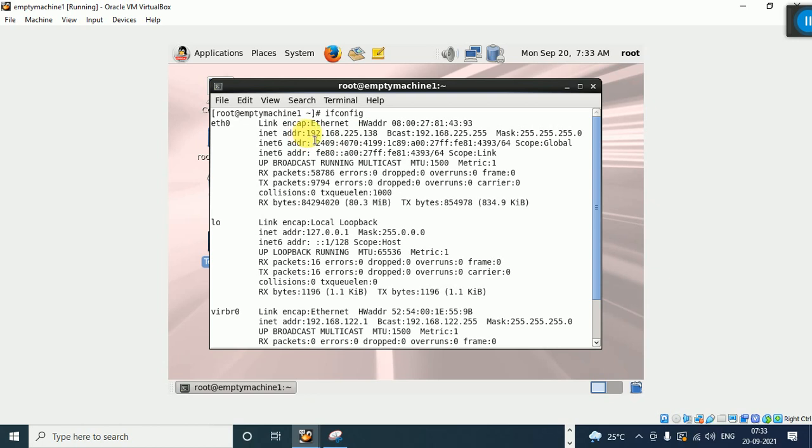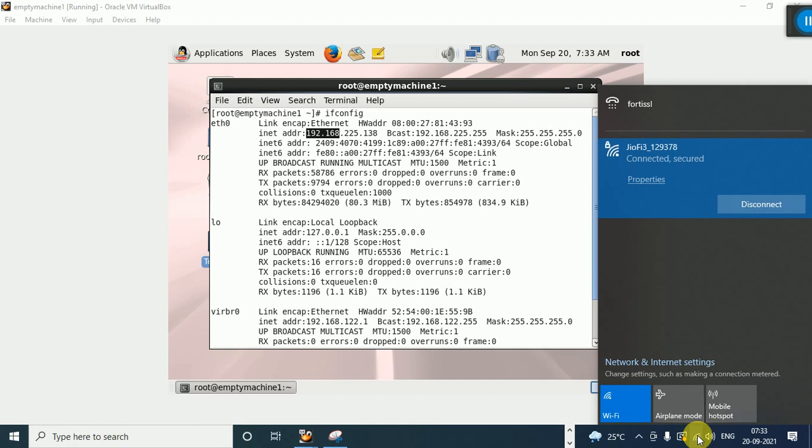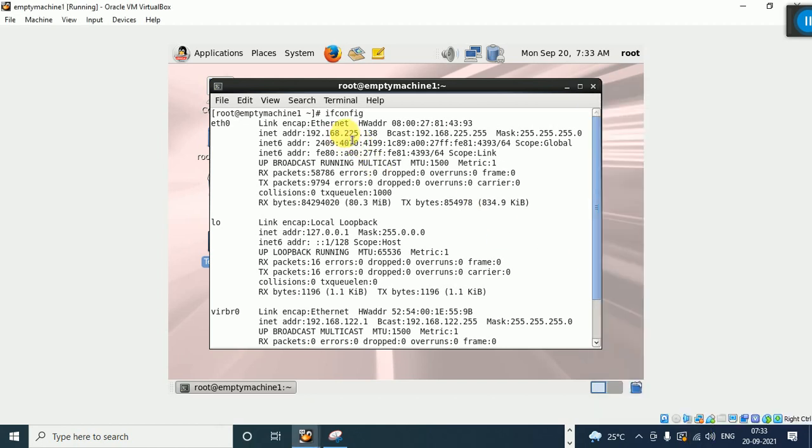The IP address starts with 192.168, which is common. Suppose you change the internet Wi-Fi connection from mobile to some cable network, after that it automatically generates another IP. The 192.168 part should be almost constant. This is what we call the IP address. Where can I find the IP address? Log in as the root user and give the command ifconfig.